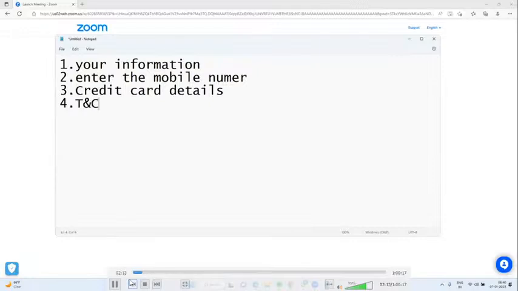Agree to terms and conditions. When you subscribe for Azure free trial as an Indian user, you will get 14,500 rupees that can be consumed for 30 days. After 30 days, your account will be deactivated automatically. You need not do anything. If you want to cancel the subscription, yes, we can do that. Even if you forget, the account will be deactivated automatically after 30 days.